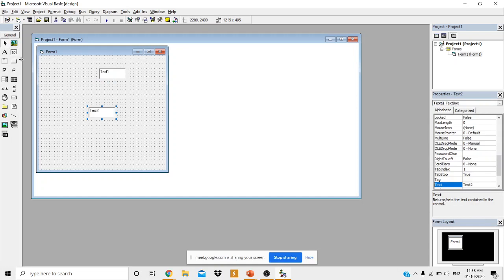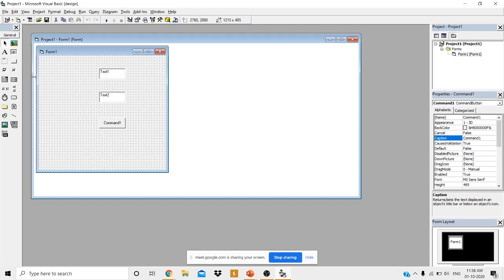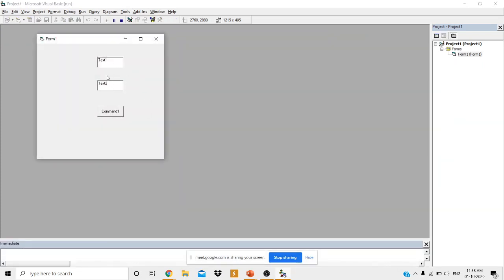After subtraction, generally we display the result on a label or text box, right? Instead, I will display the result on the message box because I want to demonstrate how the message box appears.